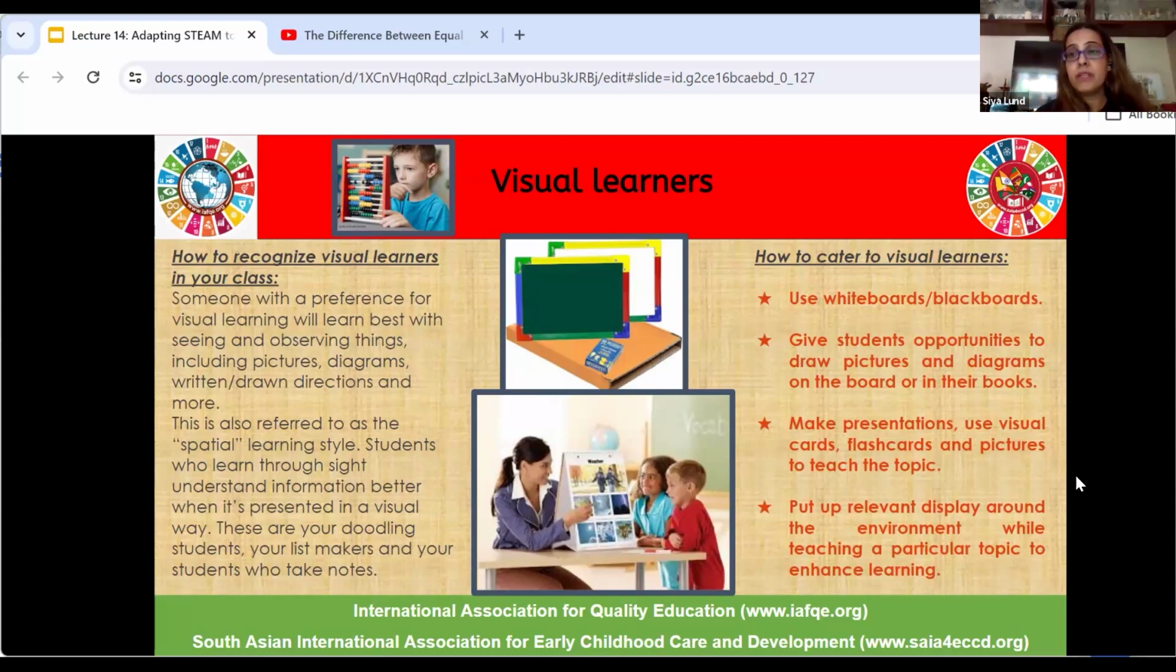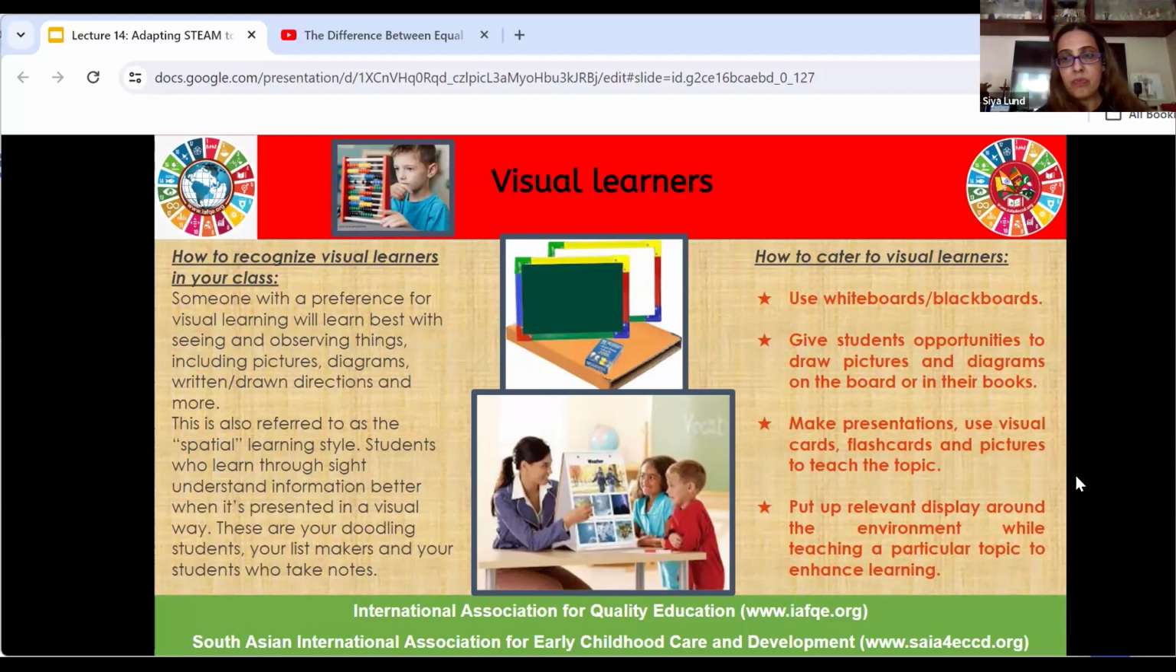It's very important, because visual learners will lose interest very quickly if they are not engaged visually. If they have to just keep listening to something without being visually engaged or oriented, they will lose connection with the teacher. So it's important for them to be visually engaged. That's why a lot of color around, a lot of visual cards, flashcards, and pictures will help these kind of